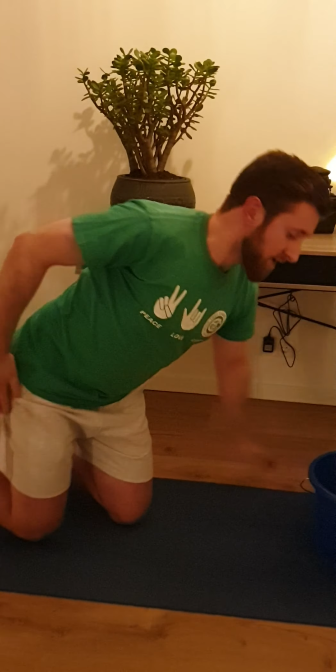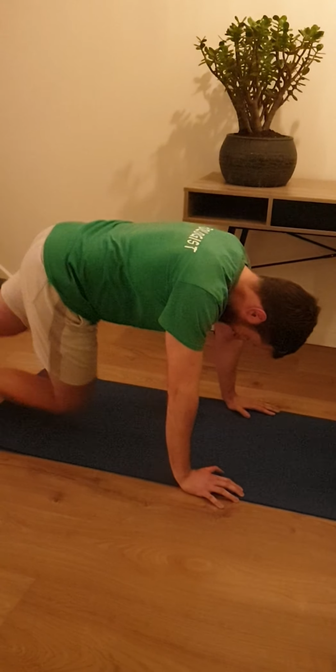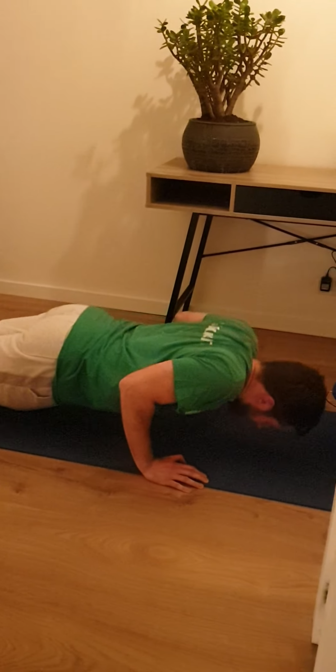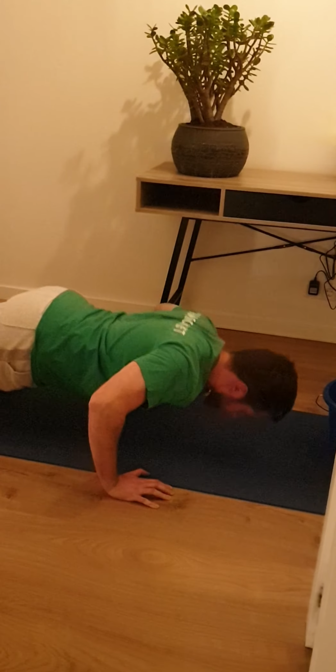Alright, so we go back to regular push-up form. Hands a little over shoulder width apart, like this. And back down, and we can launch ourselves up. If you can do this,